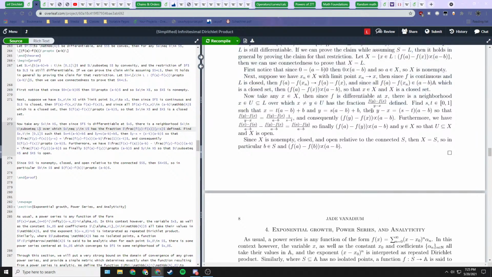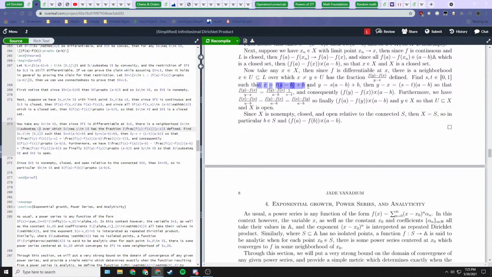Then we just find s and t, so x and y both lie on this line segment L. So we can rewrite them as some B plus some coefficient times A minus B. When we take their difference, we just get this product, A minus B times s minus t. And this means that this original difference quotient with x minus y in the denominator can be rewritten as a difference quotient with A minus B in the denominator. And because we get that,